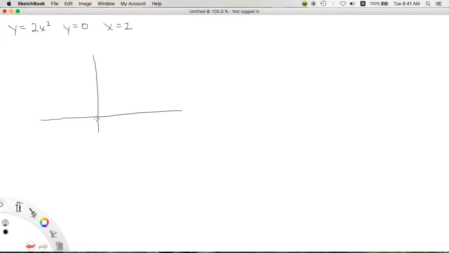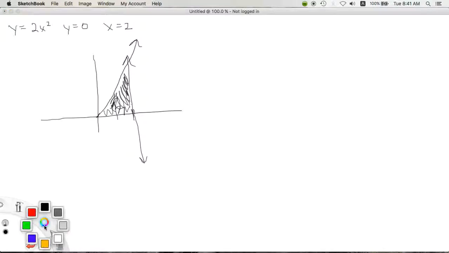We draw our picture. We're going from y equals 0 to x equals 2. So we've got x equals 2 here, and we've got this line, y equals 2x squared. Now I'm only going to draw in one side of this, because when I rotate it, it'll take care of the other side. And it gets confusing if you start drawing in multiple sides. So we're going to rotate this about the y-axis, which is going to give us a solid part over here,